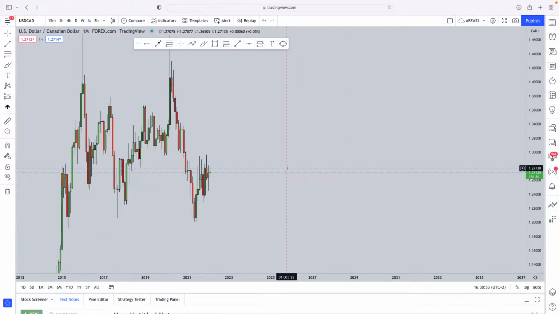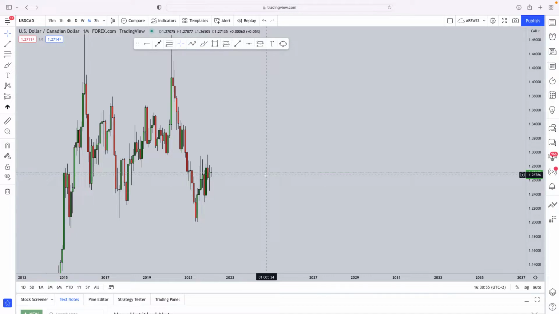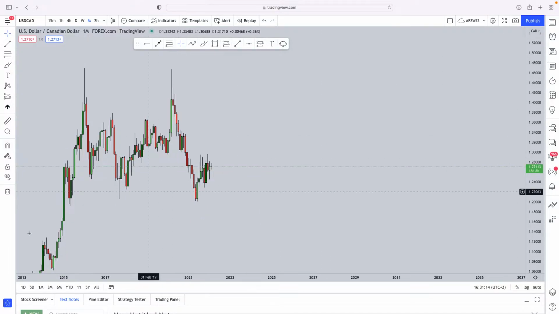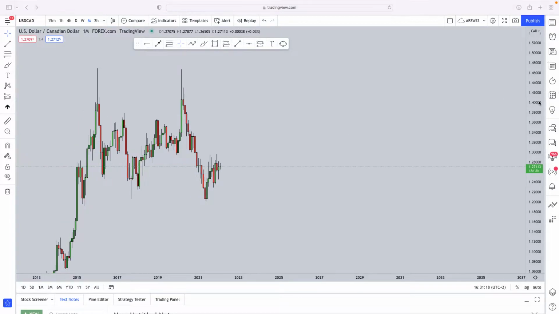Now, if you're not familiar with what the CPI is, the CPI is the Consumer Price Index, which measures monthly changes in prices for a range of consumer products. Changes in the CPI record the rate of inflation. The CPI can also be used to calculate the cost of living index. Good. Now that you understand what the CPI is, let's jump straight into it, ladies and gentlemen.